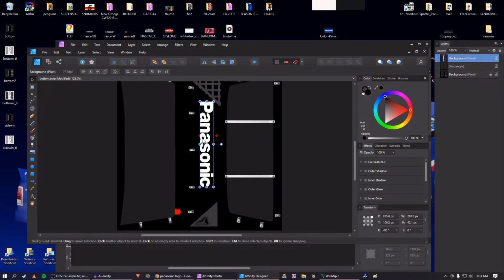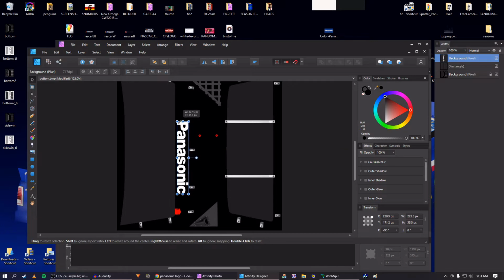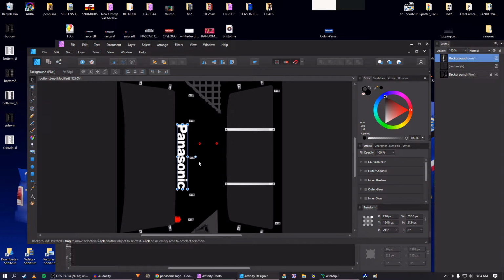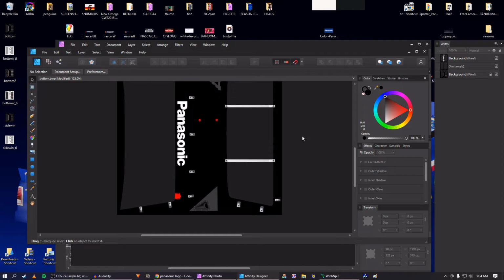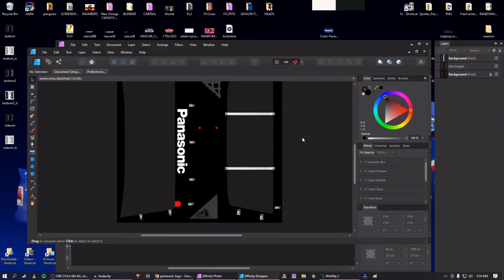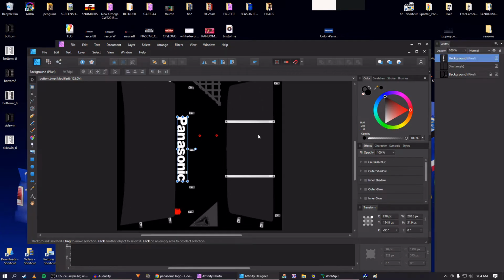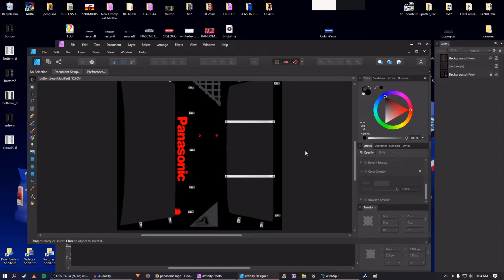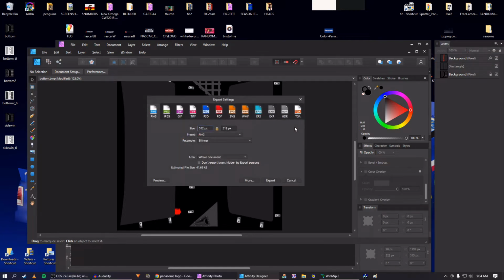So we're going to spin that around. Obviously can't be that big. Try to center it. It looks pretty good. So, I mean, this is basically done. I'll even just for fun change it to red. You can put anything you want here. So I'm gonna save in